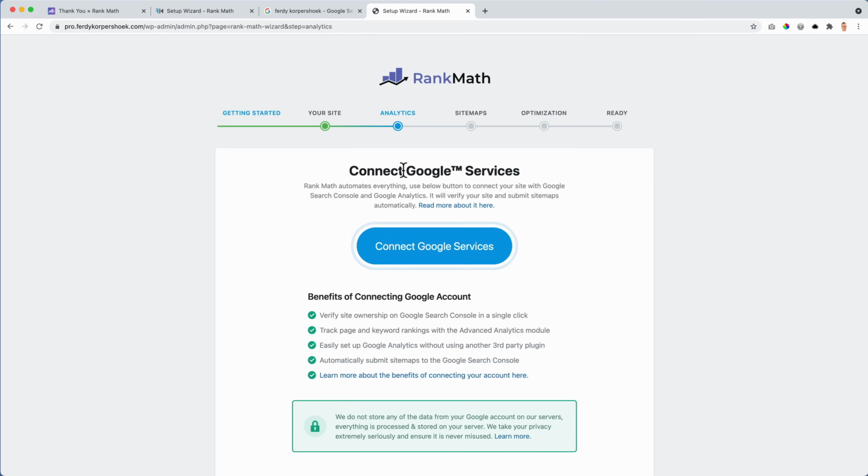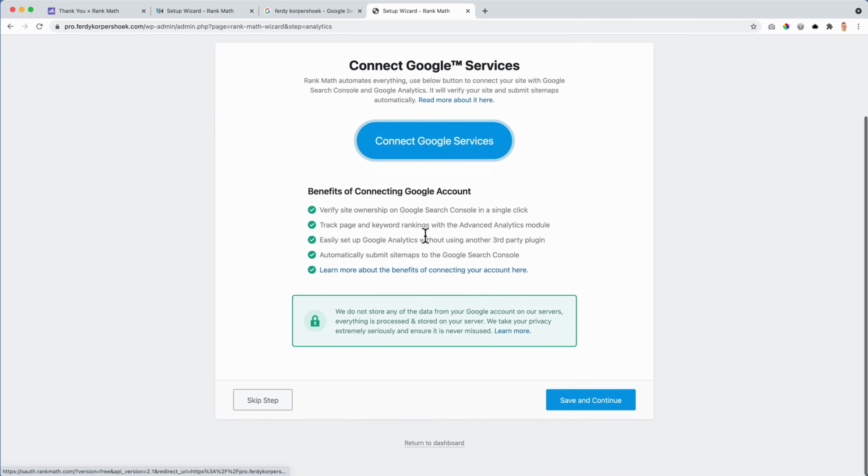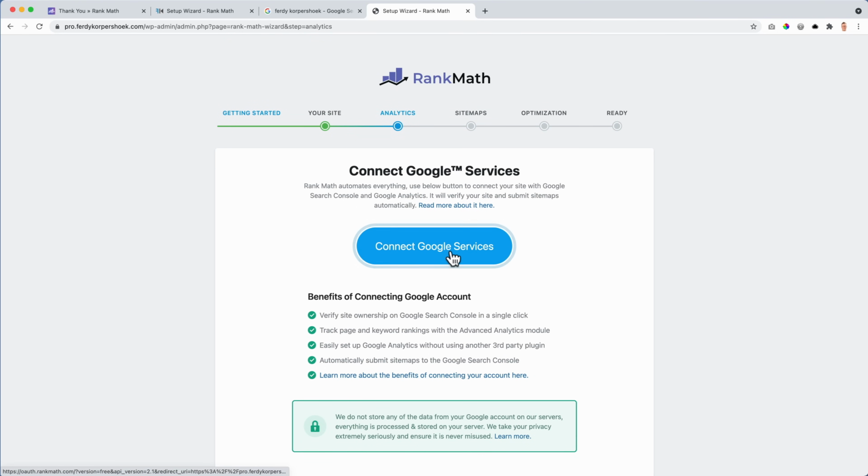This is really important. Google Connect services. We are going to make use of Google Analytics so we can see all the visitors on our website and what they're doing, their behavior, and Google Search Console. And we can use Google Search Console to see how well we are found on Google. And the information from those two platforms will be displayed using Rank Math in our website. So we have all the information we need at our fingertips in our own website. And that's why we need to connect our Google services. You can skip it if you want to. I do not. And if you don't have Google Analytics or Google Search Console yet, through this service, we can create that. Let me show you.